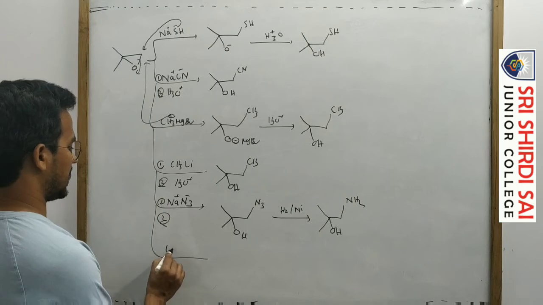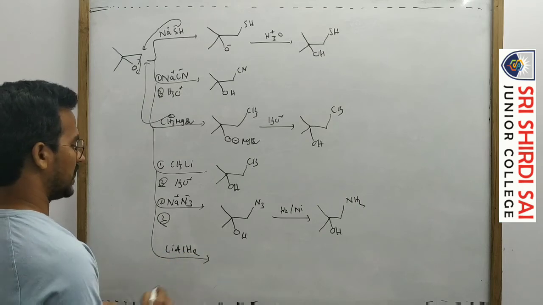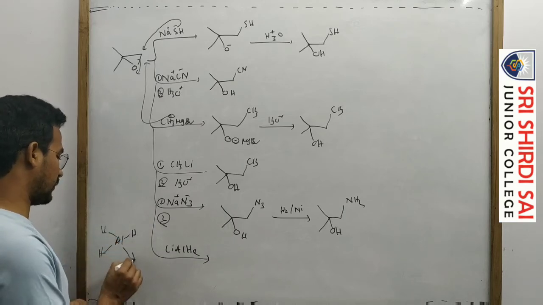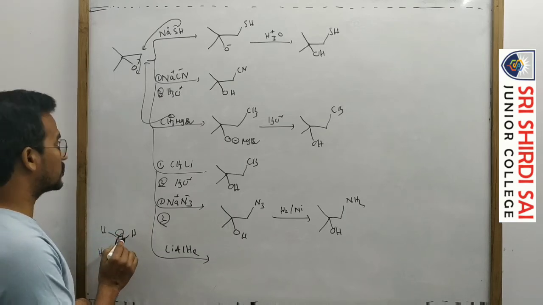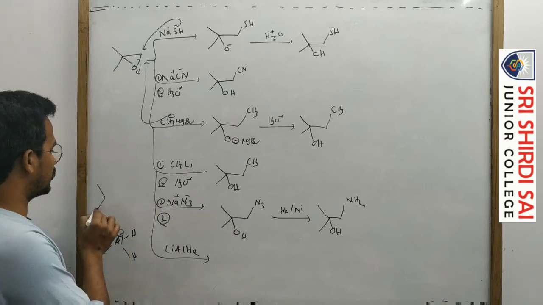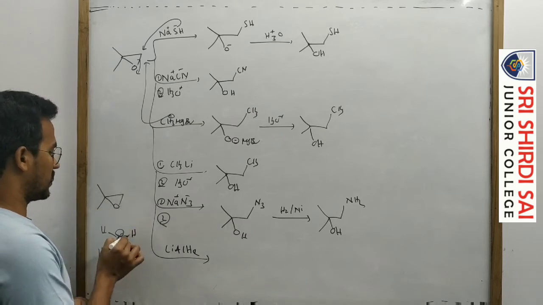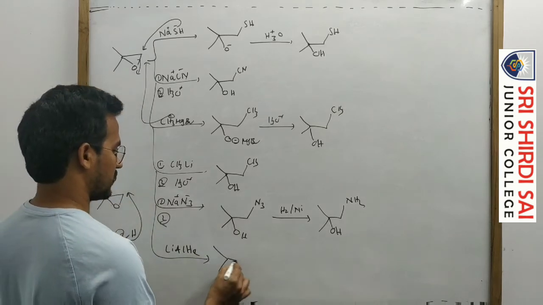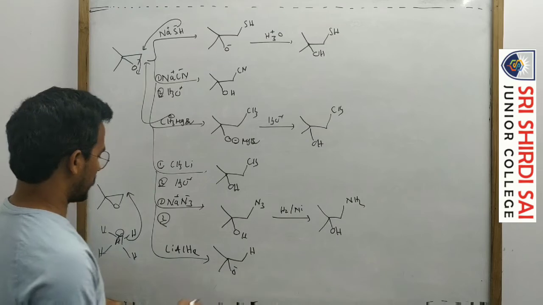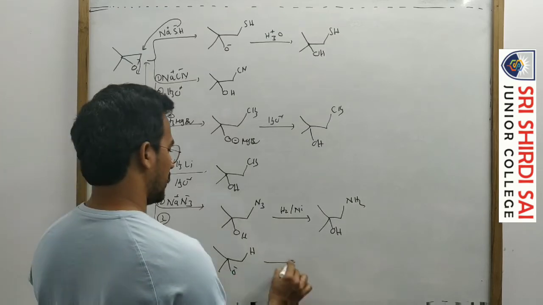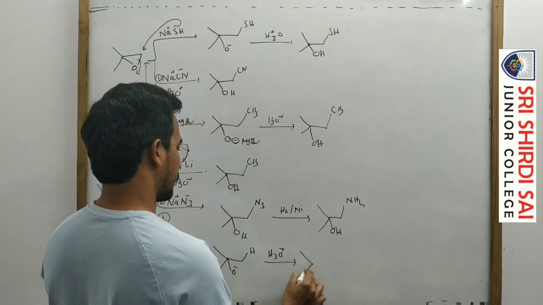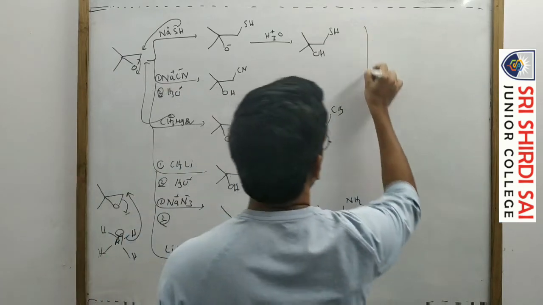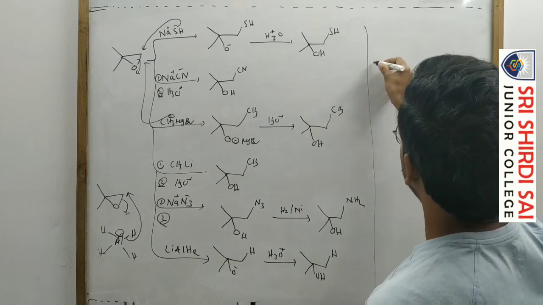Okay, and now next, LiAlH4. LiAlH4 means AlH4 minus, which produces an H minus nucleophile. So H minus, a charged nucleophile, again attacks the less substituted carbon. Okay, all these reactions are the same. Just the charged nucleophile attacks the less substituted carbon. So hydrogen adds, and this one becomes O minus by breaking of this bond. Then for the hydrolysis, so H here and OH. Okay. So you complete these reactions.